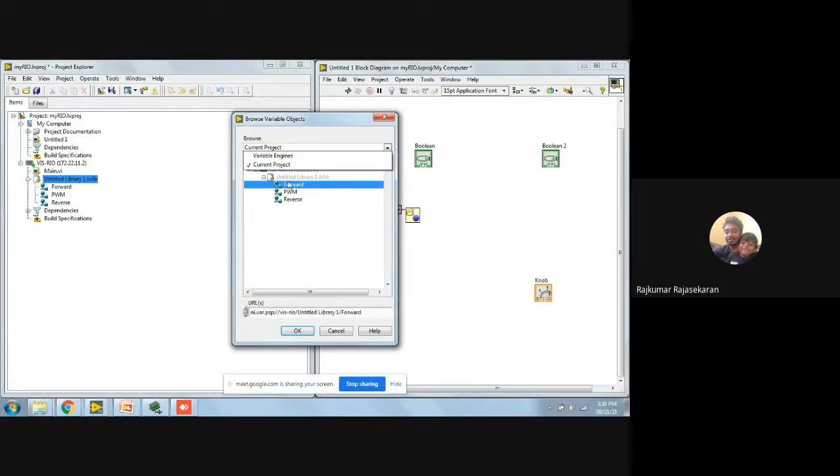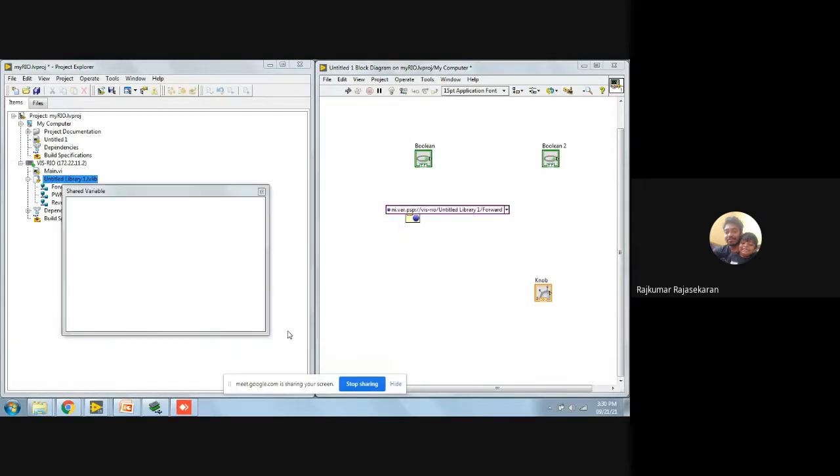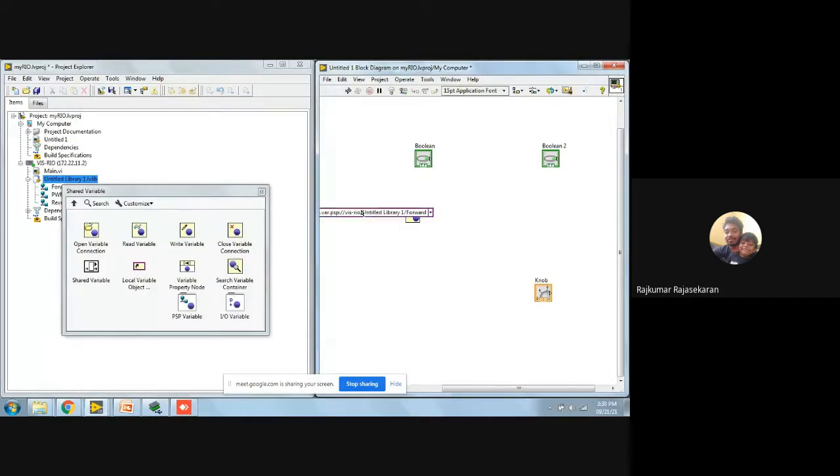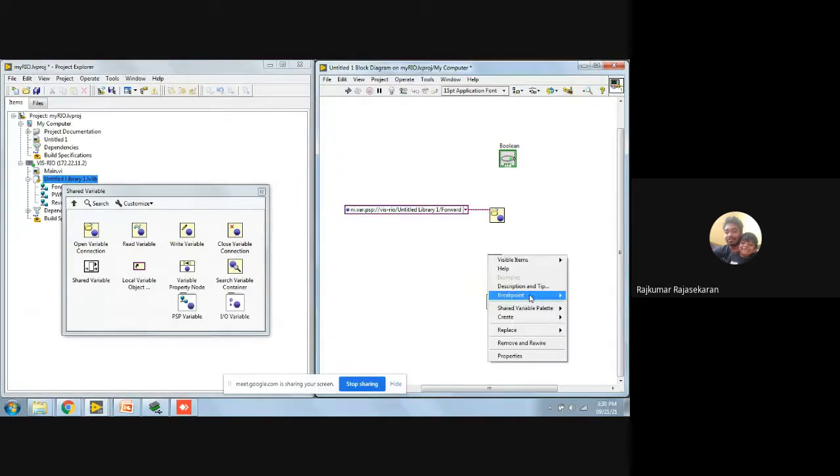Okay, not a problem. So by this naming, it will be created. One is forward, then you'll find reverse and other stuff as well. So I'm just copying. We have to create 3 copies of this. And here we have to set the reverse. And here you have to set the PWM.